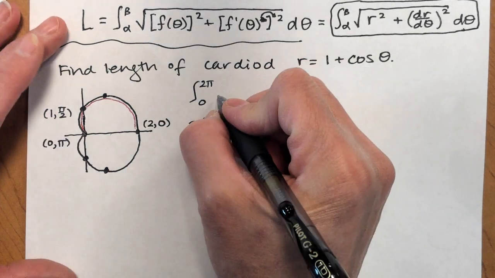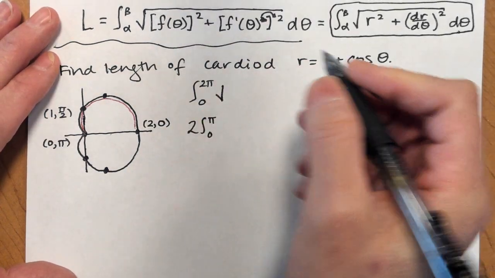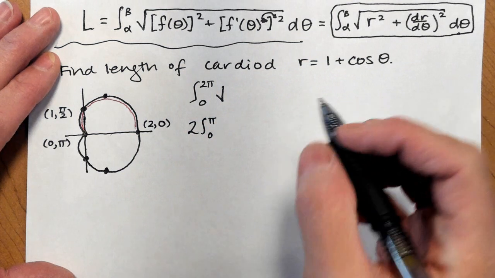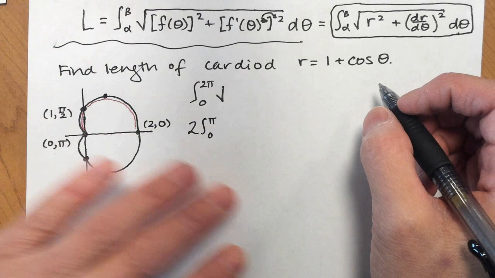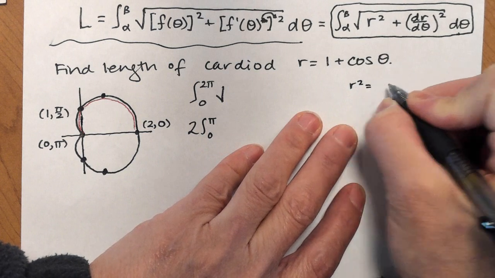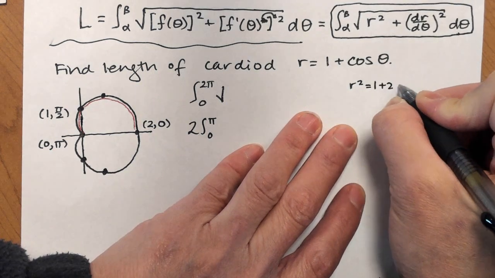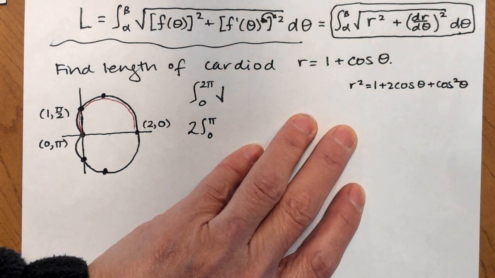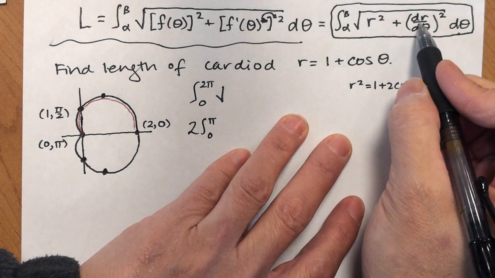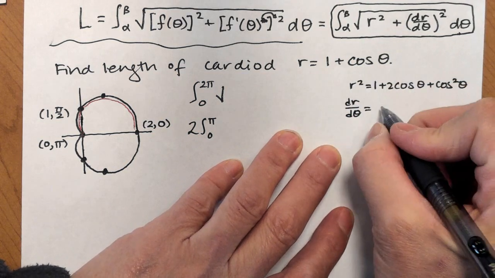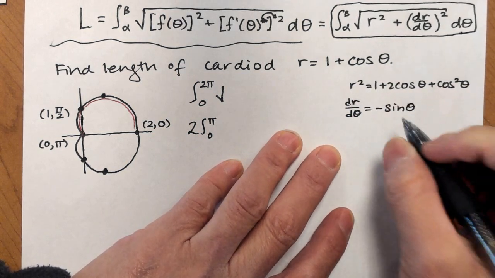Okay, so we have the square root of r squared. So maybe I'm going to do a little bit of side work here before I write out my integral. So r squared is 1 plus 2 cosine theta plus cosine squared theta. And then I need dr d theta. So dr d theta is going to be 0 minus sine theta. And then squared